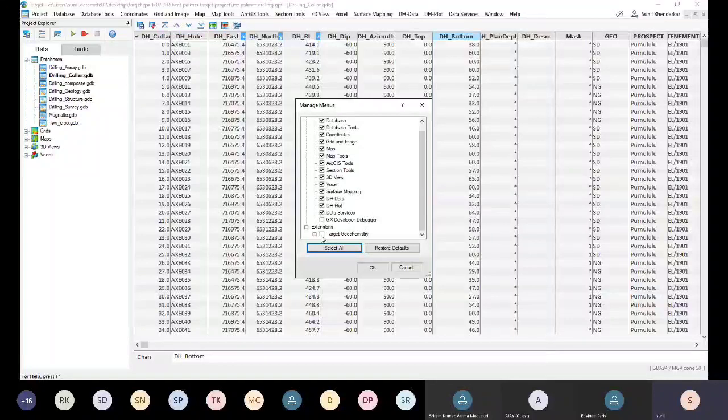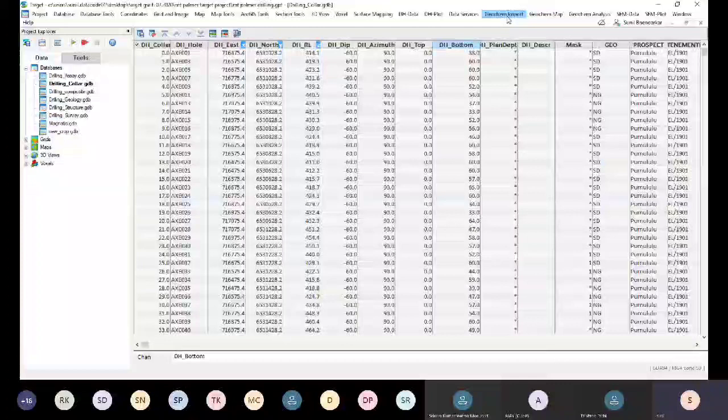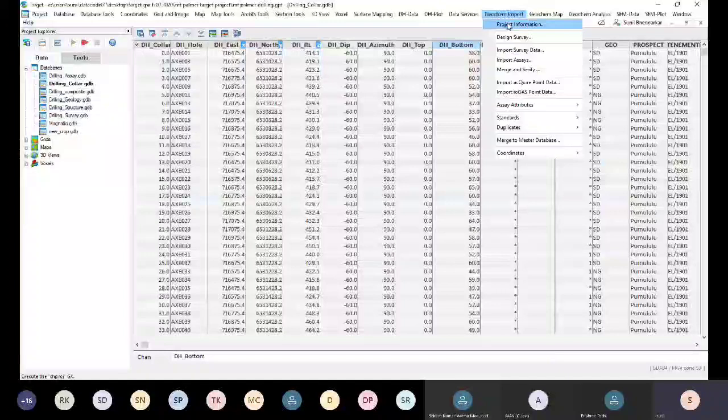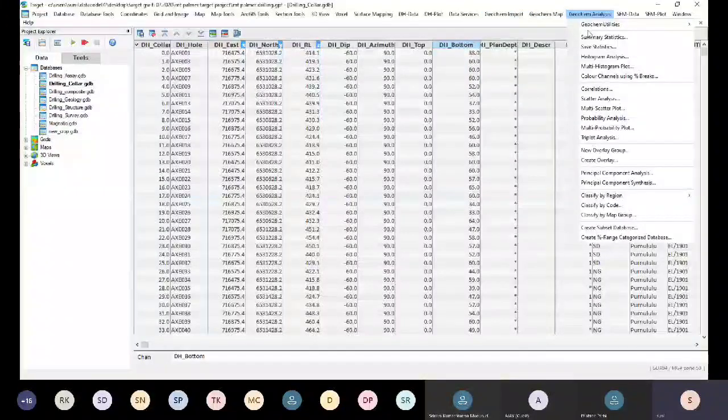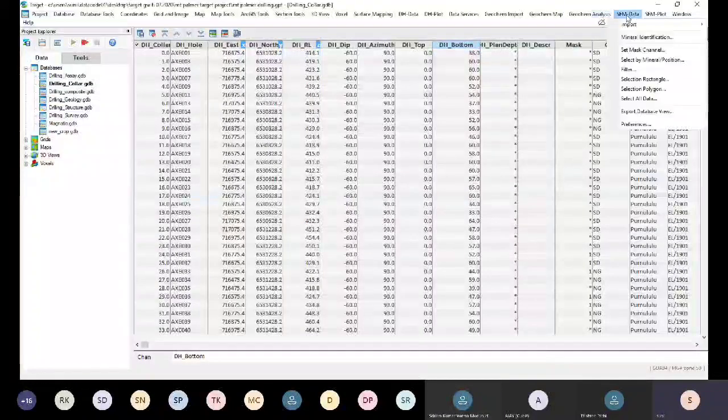To process geochemical data, you can see geochemical import, geochemical maps, and geochemical analysis like statistics, triplot, principal component analysis, and SEM data, that is the scanning electron microscope data, which is useful mostly for diamond exploration. That data we can easily import and plot. So these are the menus.